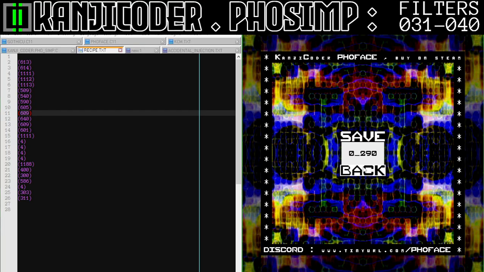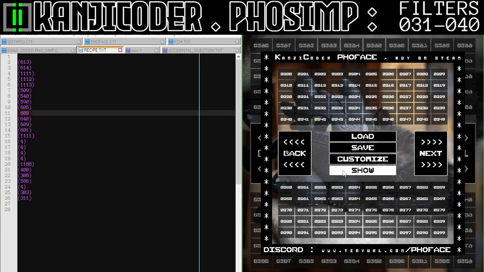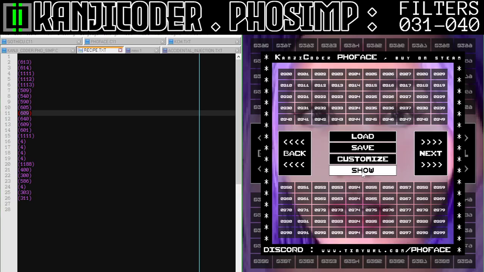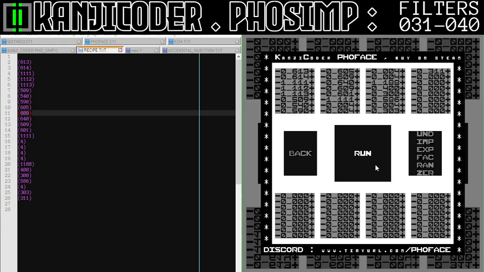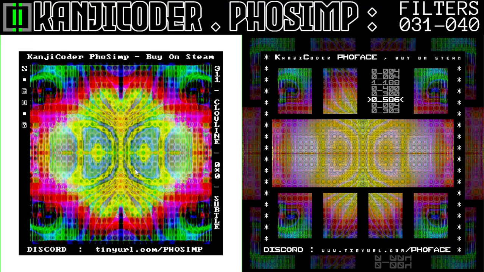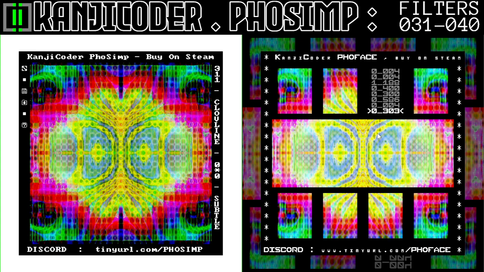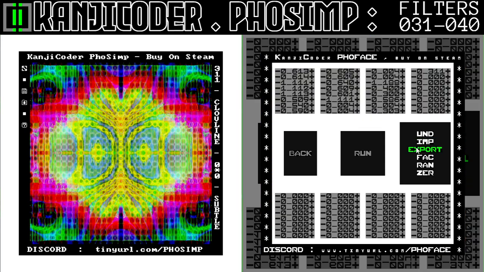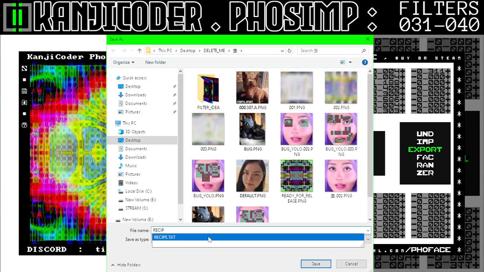Okay, so we're gonna load the original photo that we used, and we're gonna make sure that whatever happens, now when we use this, we should get this, right? Because we accidentally put some stops at the beginning and now we don't have them anymore. Okay, cool. So we're gonna go into here, export this, and rewrite over the recipe.txt,